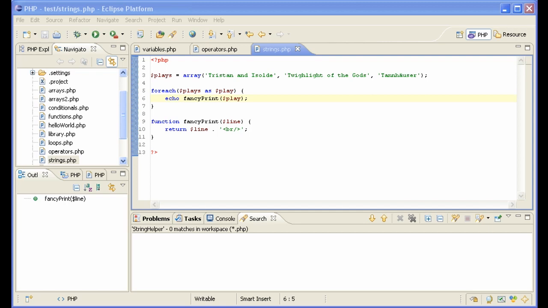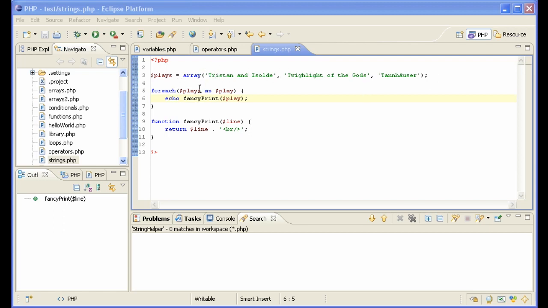Here are a couple things you can do with strings in PHP. I'm going to run through strings character by character and show you how to do lower and uppercase, how to pick parts of a string out of a string or find them in a string, and how to trim the edges, etc. So I've prepared a little example here where we have an array of 3 plays, and